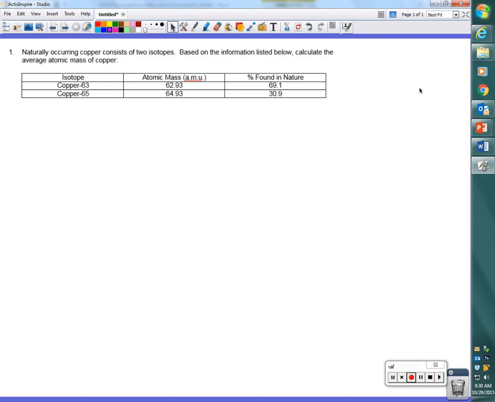Now, just as a guess, sort of like, are we on the right track, so we can check at the end, the average is probably going to be closest to what? 63, right? Because that's the most abundant isotope that's out there. Does that make sense, Don? Okay. I thought you said 62. Sorry. I misunderstood you. That's why I gave you that look. I apologize. All right, so to figure out if we're right,